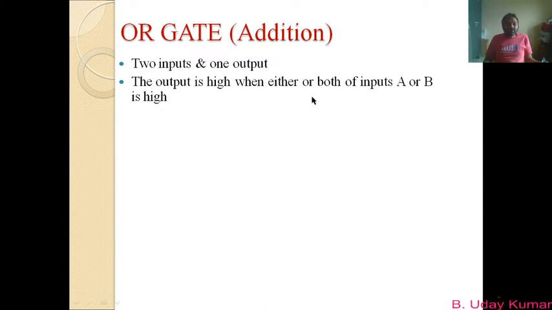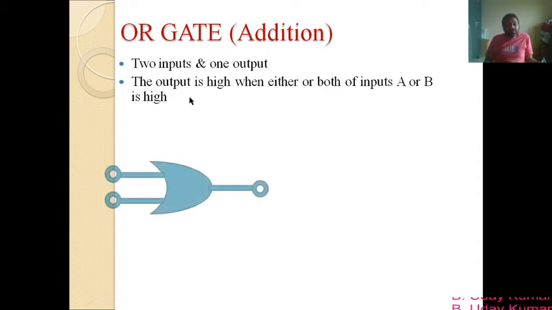Okay, this is the definition of OR gate. To understand this definition, first of all we have to understand what an OR gate is. So I will deal with this definition at the end of this slide. I'm not discussing this definition right now. Once this slide is over, then only I will discuss it. So please check it out.